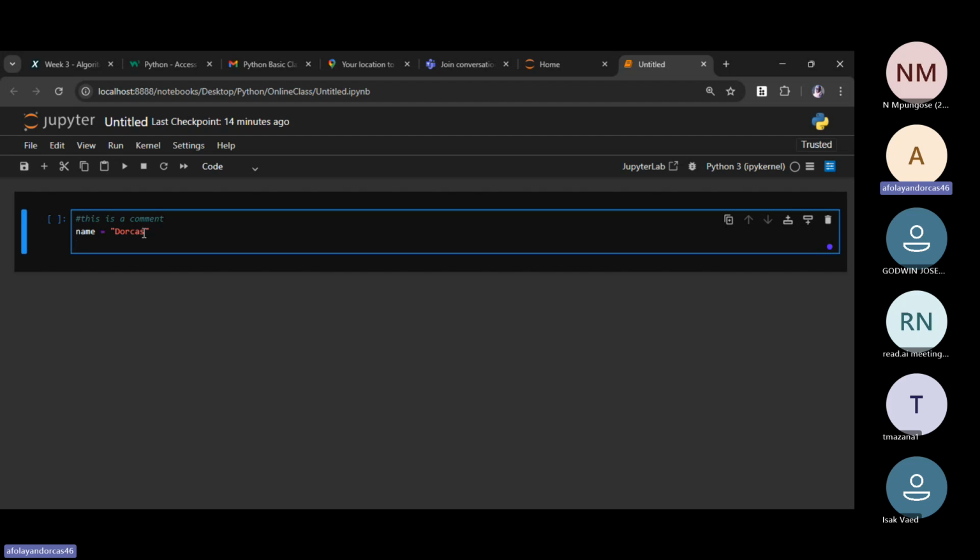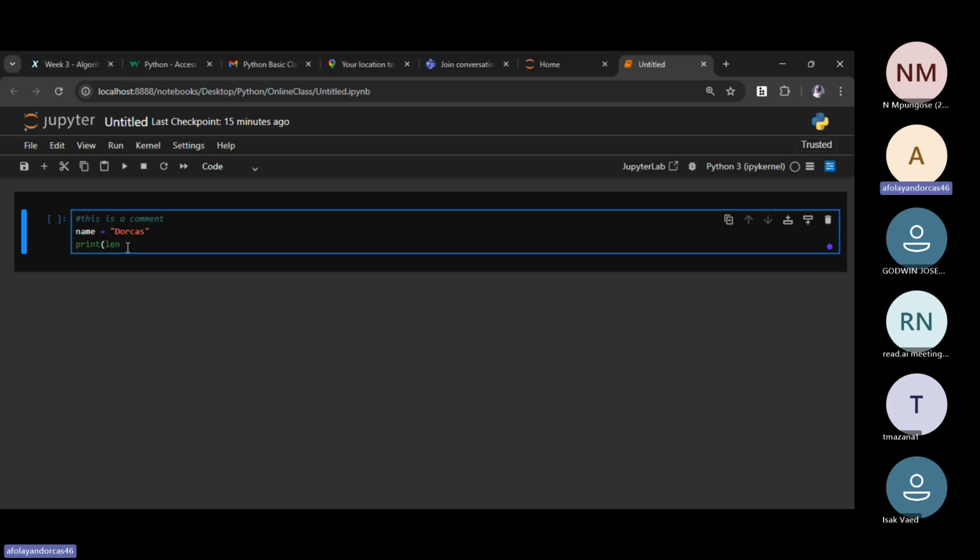Like in this string now, I want to get access to this D in particular, this first letter that is D. So I want to get access to it. There's something we call string length. So let me just say print, then I will say type, wait, length.